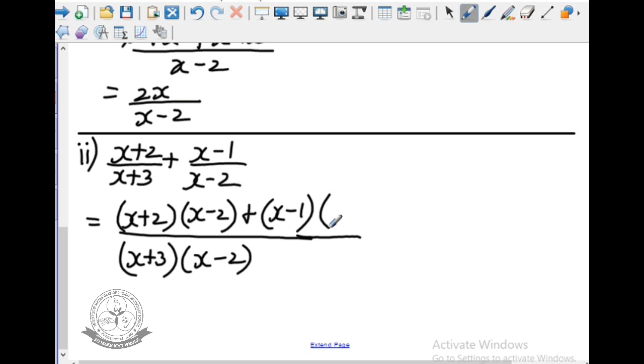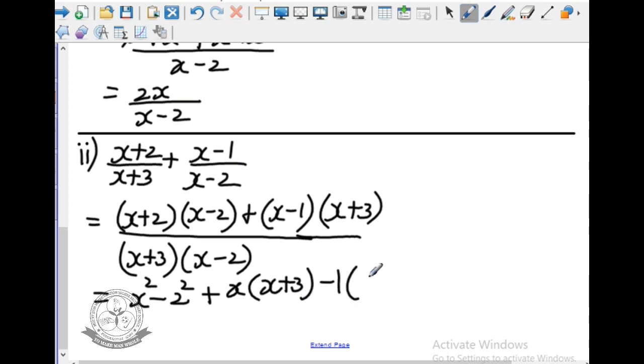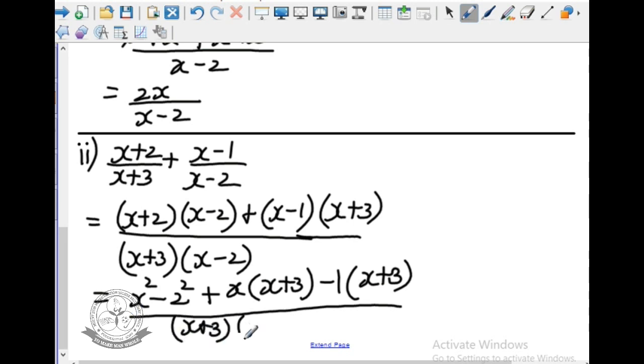Now compare the denominators. The second denominator is x minus 2, and in the LCM also x minus 2. The missing term is x plus 3, so write that x plus 3. That is equal to, now it is a plus b, a minus b, so we can write it as a squared minus b squared. So I write it as x squared minus 2 squared plus, here multiply these two expressions: x into x plus 3 minus 1 into x plus 3, whole divided by x plus 3 into x minus 2,